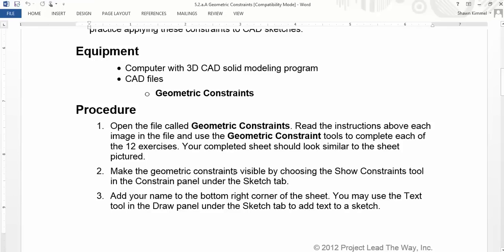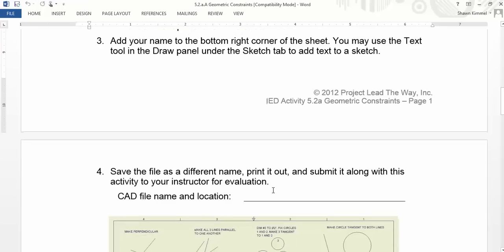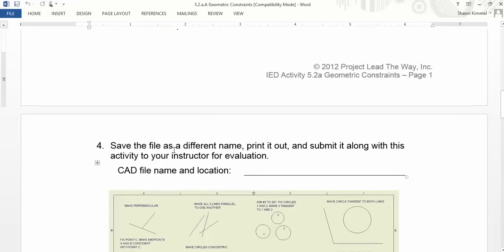Make the geometric constraints visible by showing the Show Constraints tool in the Constraint panel underneath the Sketch tab. Add your name to the bottom right corner of the sheet. You may use the text tool in the Draw panel under the Sketch tab to add text to a sketch. Alright, so save the file as a different name, print it out, and submit it along with this activity to your instructor